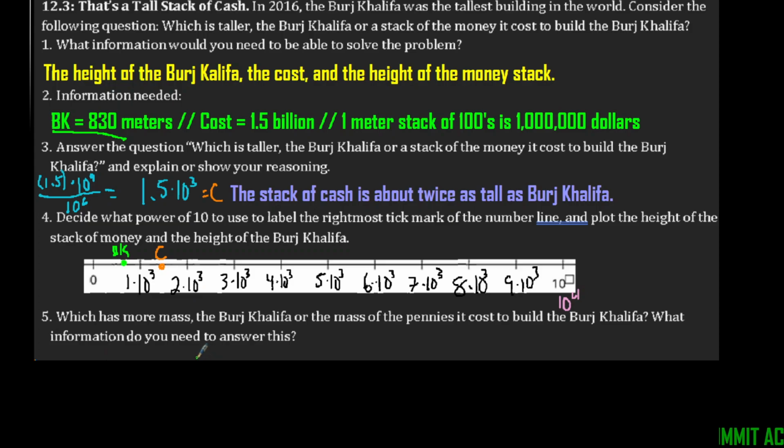Then for number 5, it says, which has more mass, the Burj Khalifa or the mass of pennies it would cost to build the Burj Khalifa? So we're going to do a couple calculations with this. We're going to say the mass of BK is equal to 4.5 times 10 to the 8th power. And we're going to say that the total mass of pennies